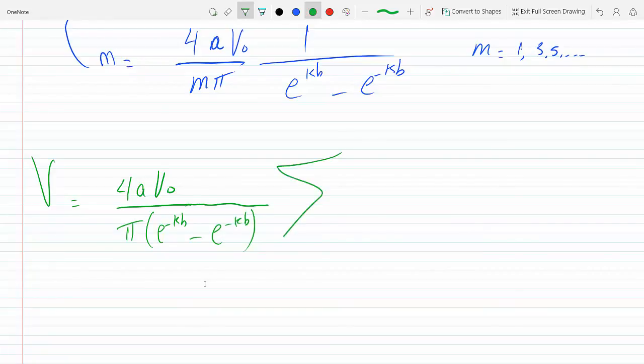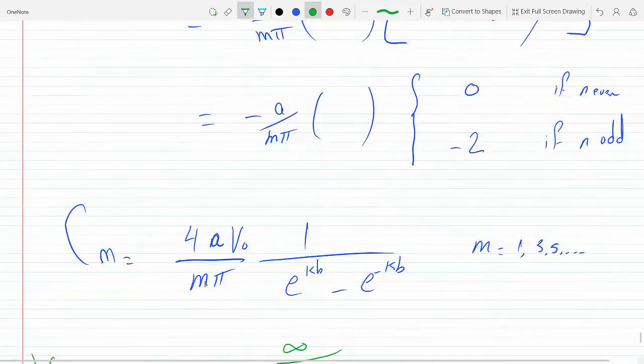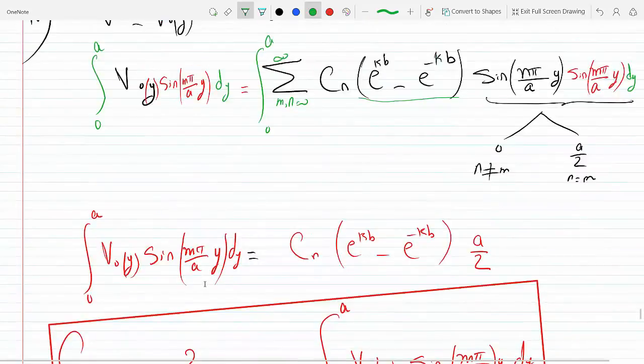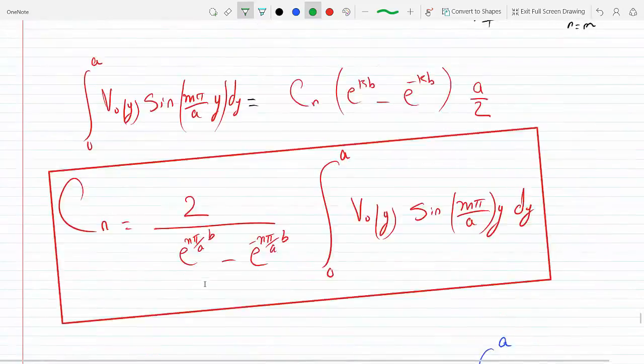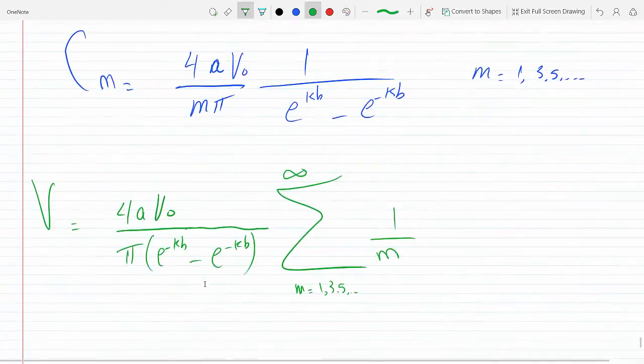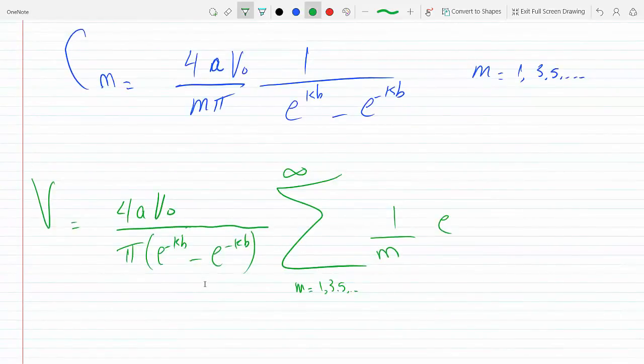Then inside the summation, from m equals 0 to m equals the odd ones, 1, 3, 5, etc. 1 over m, yeah, so this is all Cm, and then we have e to the kx minus e to the minus kx. So e to the k is n pi over a x minus e to the minus n pi over a x